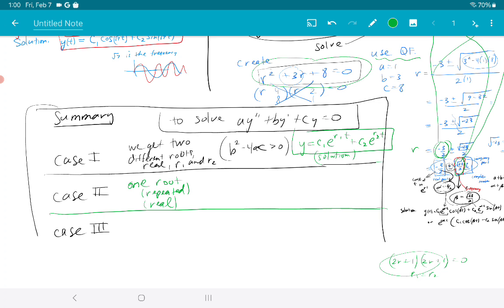Remember, we handled this case the other day. We don't want to just write the same root twice. So here's, by the way, when does this happen? This happens when b squared minus 4ac equals 0. That's when that happens, because then you don't get the plus or minus part in the quadratic formula. And the solution is,